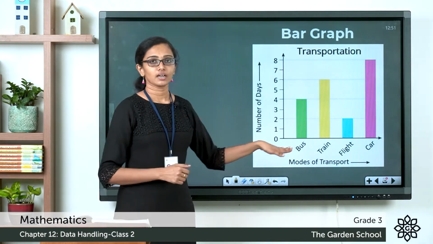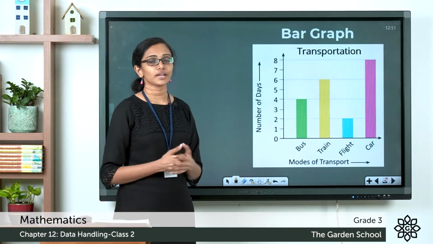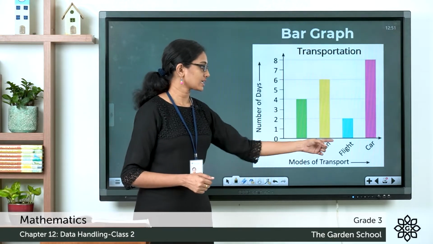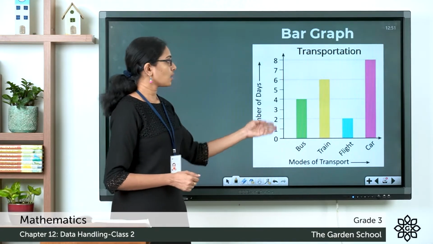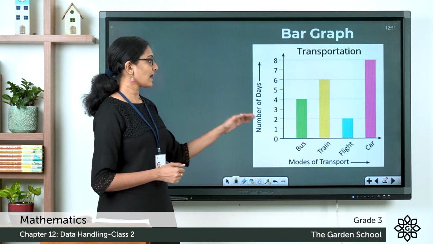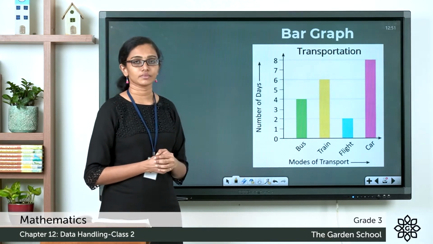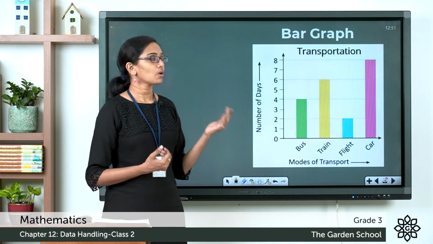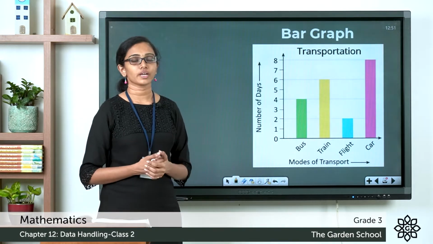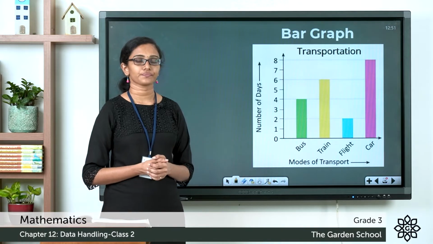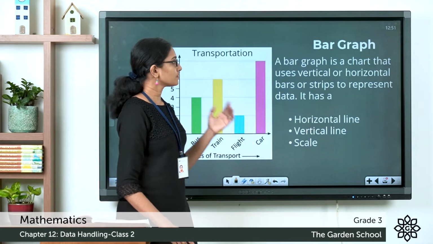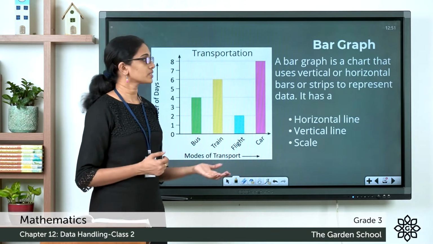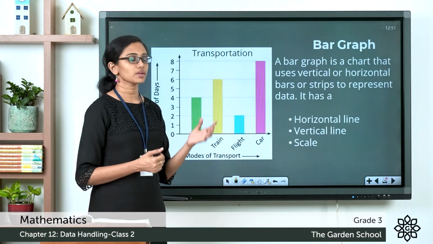data items. There is a horizontal line which represents the category of data items, and you can see the different category called labels. Now on the vertical line you can see the value or number of data items. And there is also a title that tells what this bar graph is about, what data is depicted. So, a bar graph is a chart that uses vertical or horizontal bars or strips to represent